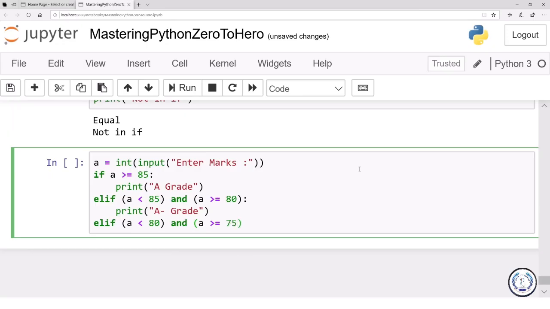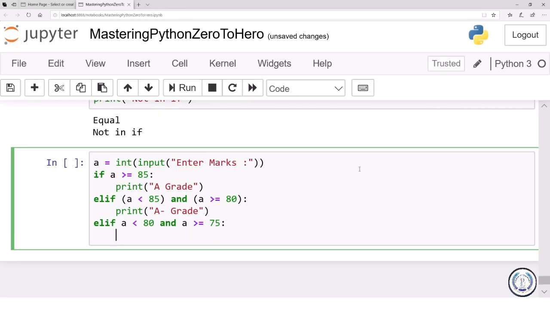If that's the case, then what should we do? Let me omit the parentheses just to show that writing parentheses or not is perfectly okay. I just recommend writing parentheses so the code becomes much more readable. Okay, then we have print, let's say B grade,